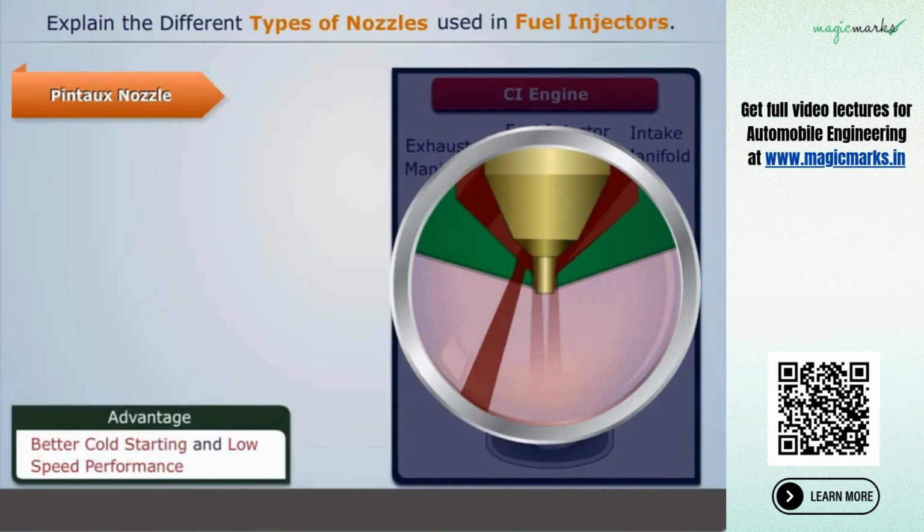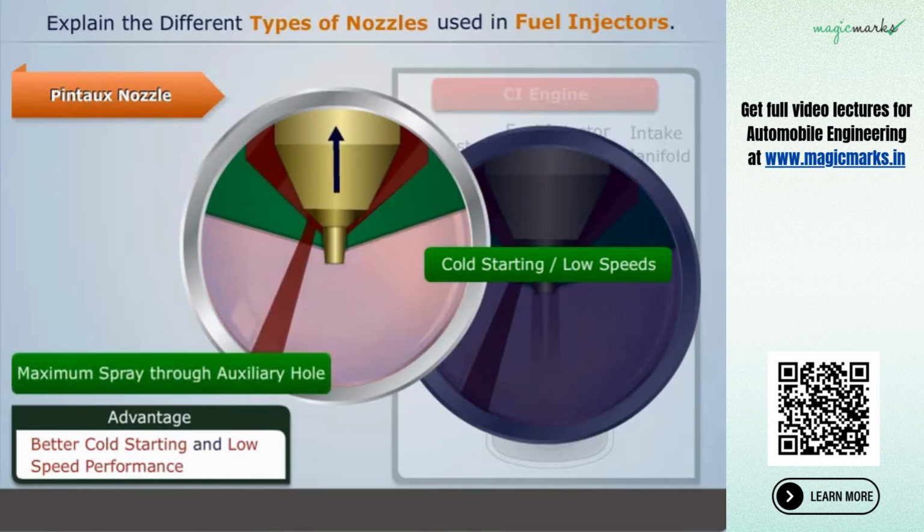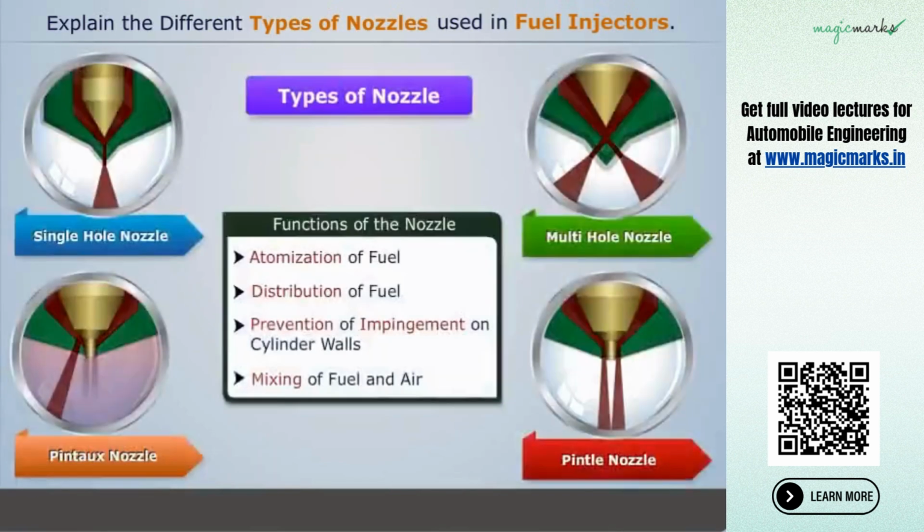The main advantage of these nozzles is that they provide better cold starting performance. This is because in cold starting and at low speeds, the needle valve lifts very little and most of the fuel is sprayed through this auxiliary hole, thus fulfilling the fuel requirement and resulting in complete combustion. Now let's summarize the different types of nozzles as